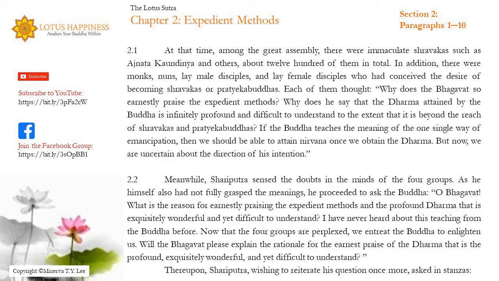If the Buddha teaches the meaning of the one single way of emancipation, then we should be able to attain nirvana once we obtain the Dharma. But now, we are uncertain about the direction of his intention. Meanwhile, Shariputra sensed the doubts in the minds of the 4 groups. As he himself also had not fully grasped the meanings, he proceeded to ask the Buddha,